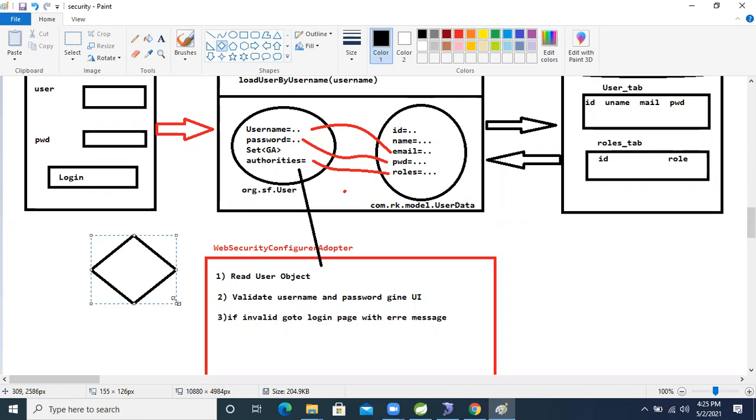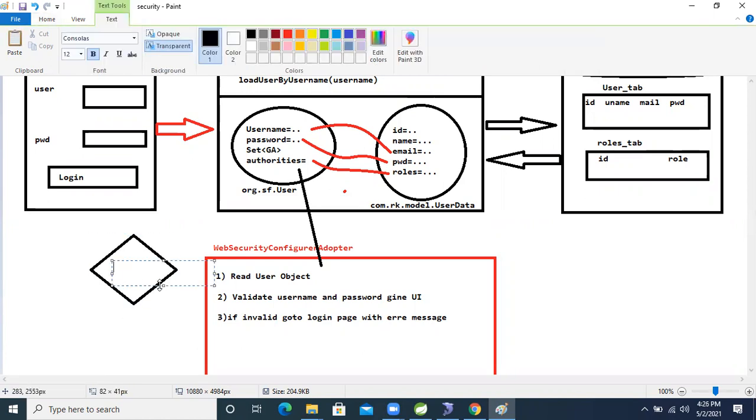the validation operation will be performed here, validating the user.